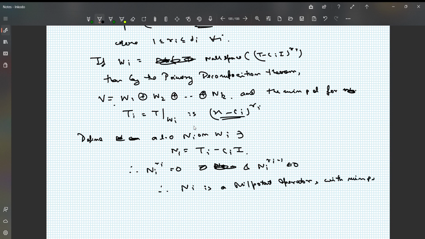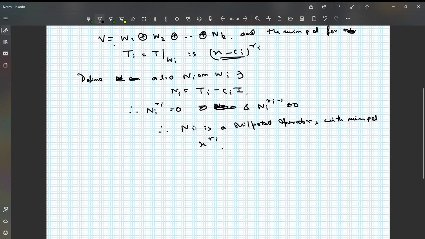What should be the minimal polynomial for Ni then? It should be x to the power ri, right? With minimal polynomial x to the power ri, right? Now, how can we define Ti on Wi? Therefore, on Wi, the linear operator T can be expressed as, right? Because Ti is an expression for T restricted to Wi. So we can talk about T being expressed on Wi. So on Wi, T can be expressed as